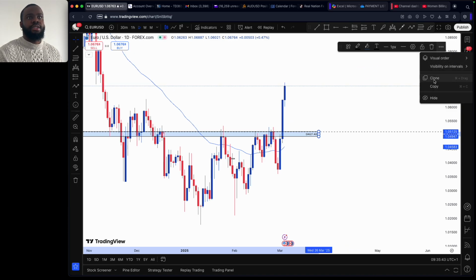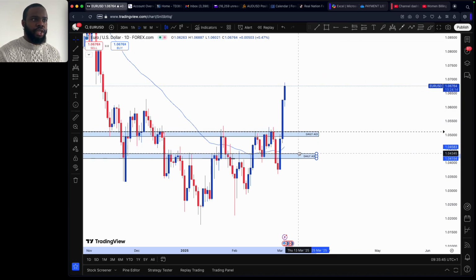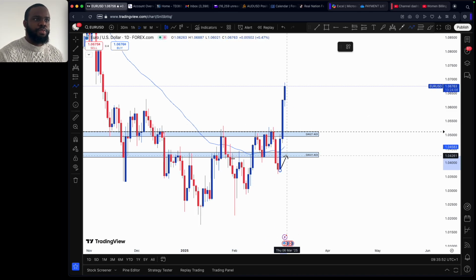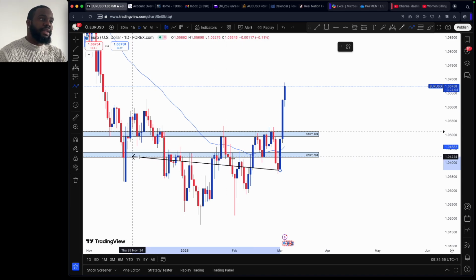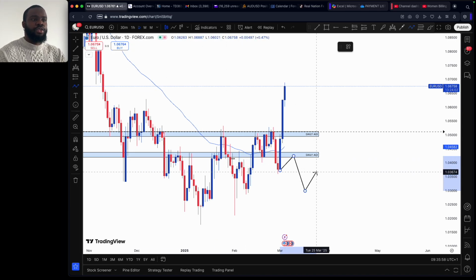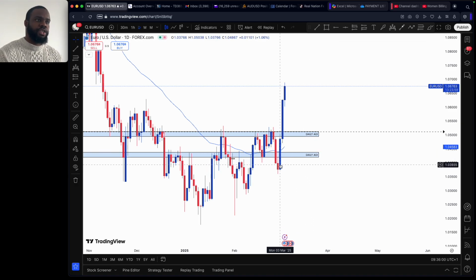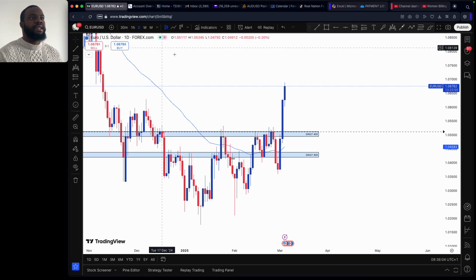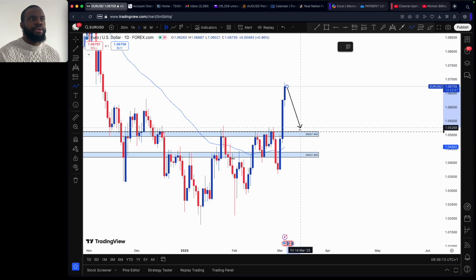So EUR/USD was here. We closed on Friday bearishly on the EUR/USD, so I was expecting a pullback to the area of interest, a very clean area of interest, then to continue selling EUR/USD. But as you can see, we closed bullishly above the zone, and currently the EUR/USD is still pushing aggressively to the upside, and I don't even think EUR/USD can pull all the way back to